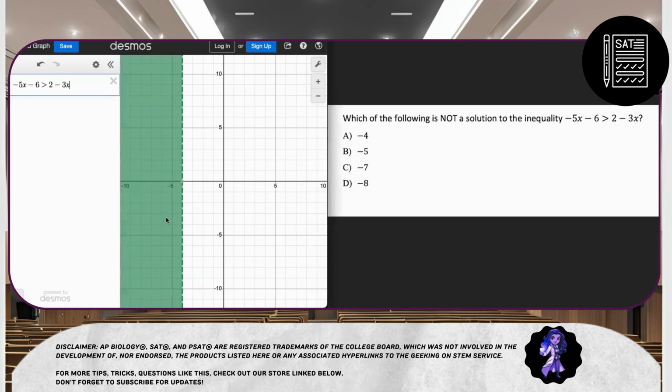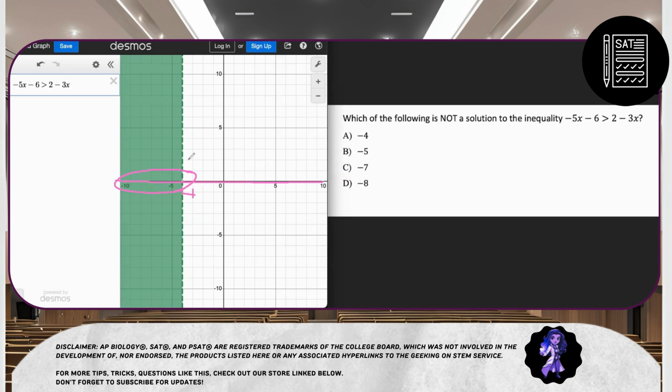Okay, so now we have our graph. It's important to note what we can figure out with this information. We're looking for the value of x. So in Desmos, you're going to focus on the information that is shaded, specifically on the x line, which is this line right here. And you'll notice that if you were to count the little points here, that you have